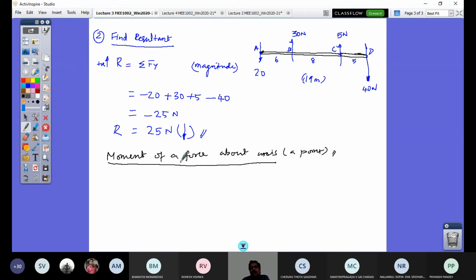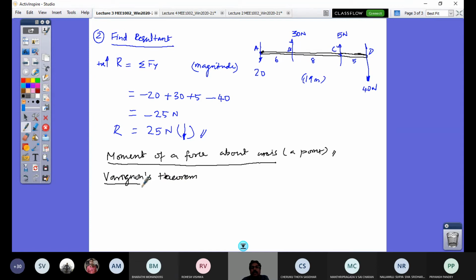So what is moment of a force about an axis? So that can be represented vectorially or in a scalar way. So I am going to now look at it in a scalar way, and that we will extend it further. Why do I have to know this definition? Because I'm going to apply something called Varignon's theorem. Consider your problem and proceed.